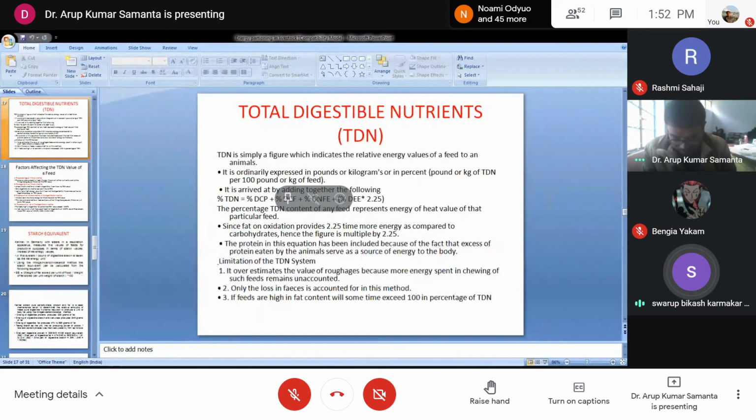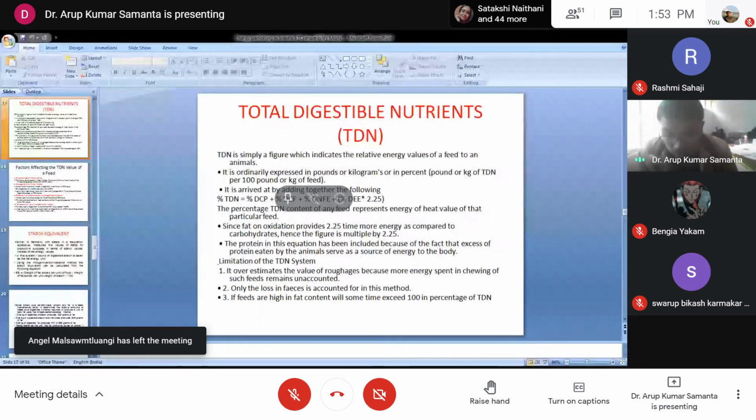It contains the sugars and starch. Sugars and starch. That means it's coming under the carbohydrate category, is it not? Yes, sir. That means there are two forms of carbohydrate. One is crude fiber, CF. Another one is the NFE, that is the nitrogen free extract. Everyone should remember these things. NFE stands for nitrogen free extract. So nitrogen free extract is nothing but the soluble carbohydrate.